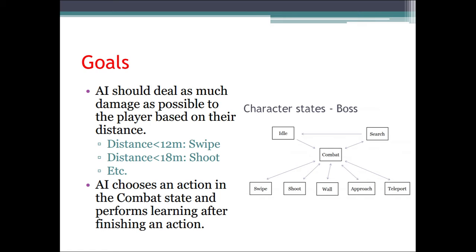But the problem is that there's also the approach attack. This attack is special because it does no damage. It just moves the boss closer to the player so that it has a chance to deal huge damage. So as to not completely ignore one of its 5 moves, this AI must learn not just one but a sequence of actions that will kill the player most efficiently. And the algorithm for these requirements will be Q-learning.